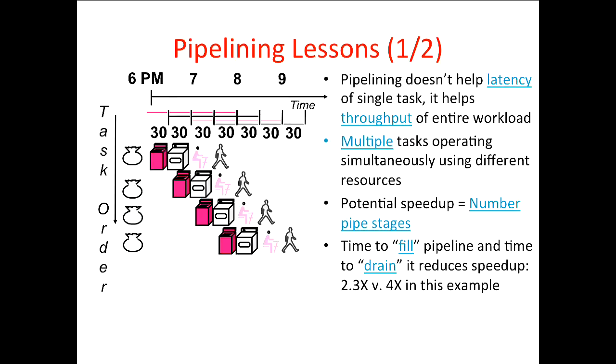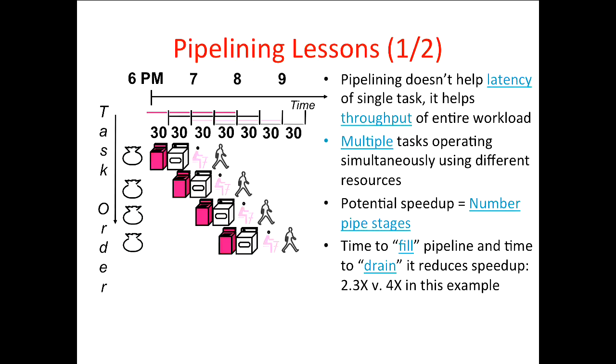Another thing to realize, I don't get a factor of 4 speed up because it takes some time to fill the pipeline, right? I can't instantly put one load in the washer, one load in the dryer, start folding and stashing. I have to ramp up by doing the wash for every one. So they all have to move to that first stage, one after the other. So it takes a little while for the pipeline to fill up. So only at this point am I actually using all 4 things at once. And then after that, I drain down, and here I'm also not using these resources, and I'm not using these